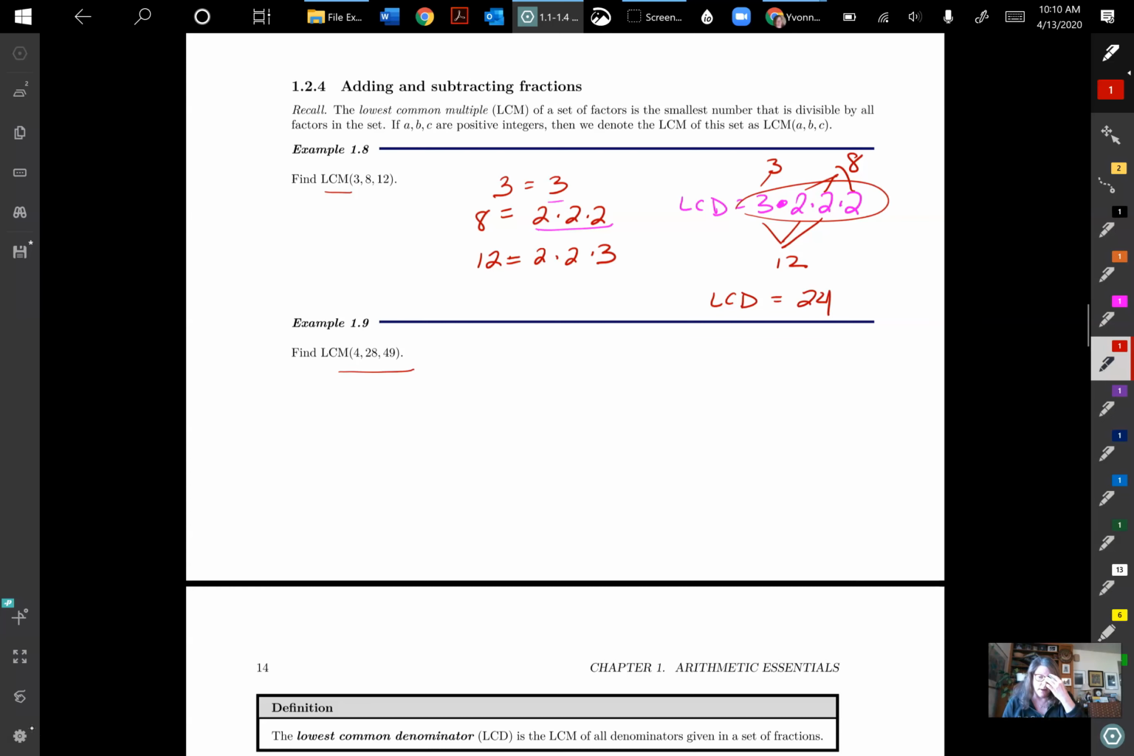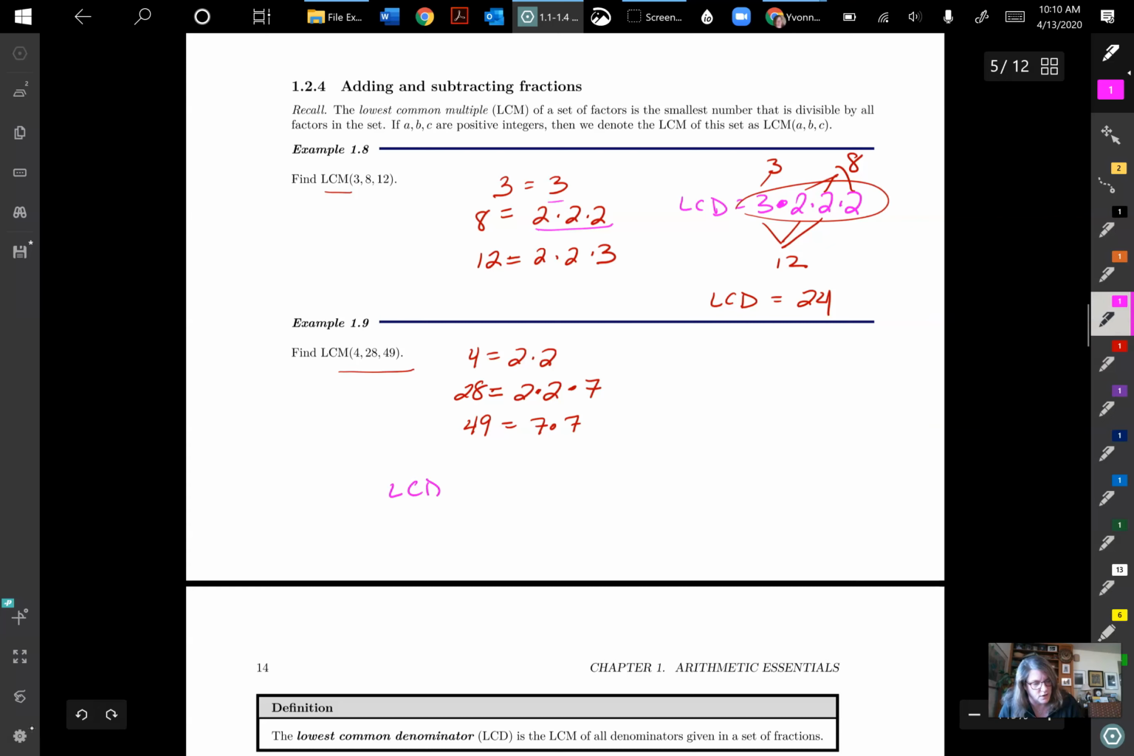For the next one, I'm going to have some larger numbers to work with. So I would have 4 equals 2 times 2, 28 equals 4 times 7, but we want to break it down to its string of primes. So 2 times 2 times 7. Then we have lastly 49 equals 7 times 7. And in my LCD, I want to make sure all the numbers are, or LCM, I should say, because we're not working in fractions right now,